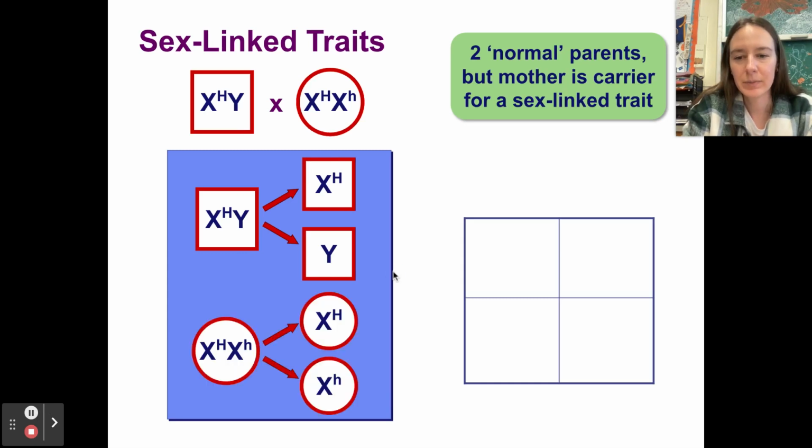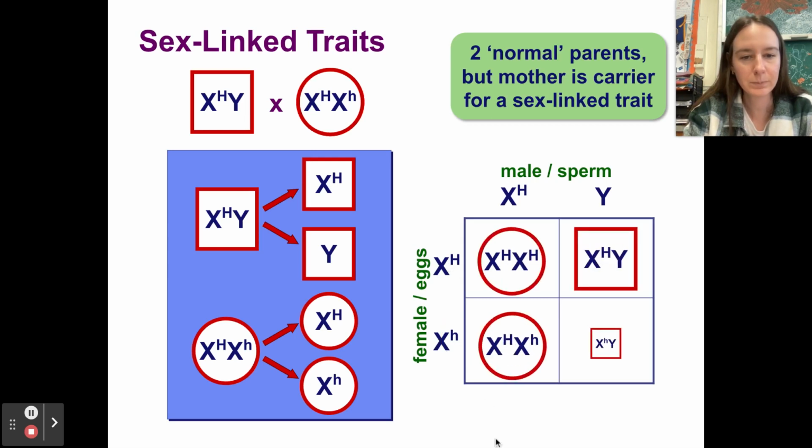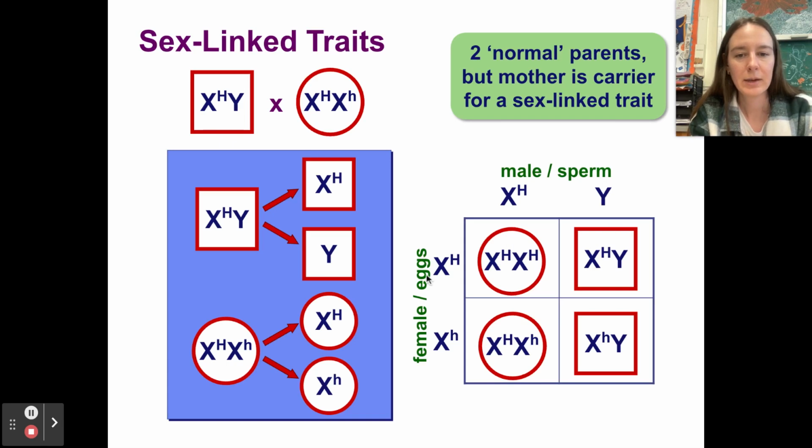The female can create dominant or recessive sex chromosomes, right? In the egg cells here. So when we do a Punnett square, the dad can either donate a dominant X or a Y chromosome in the sperm, and the female can donate a dominant or recessive X. And so when you do the Punnett square, let's say dad donates X, mom donates X, you're going to get a female, two X's, and they're both dominant, so you're not going to have that trait. Let's say mom donates X, dad donates Y, you're going to have a male, XY, and it's going to be